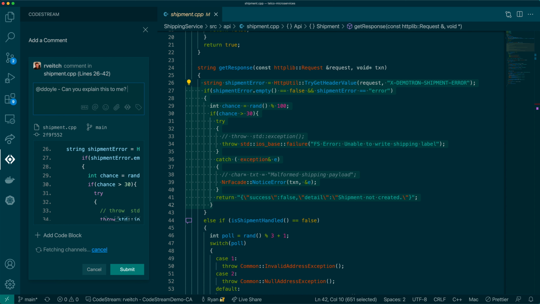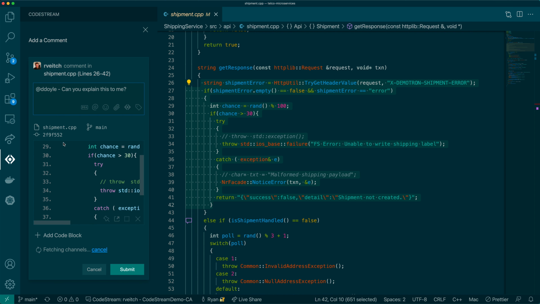Now this is much the same as a feedback request. The only real difference is we are not making changes. This is not necessarily something that needs to be approved or denied. This is more a case of having conversations about the code that we're seeing here, interpreting it, being able to just collaborate in a more streamlined way with our team without having to lose context of being within the IDE and jumping out to other windows.